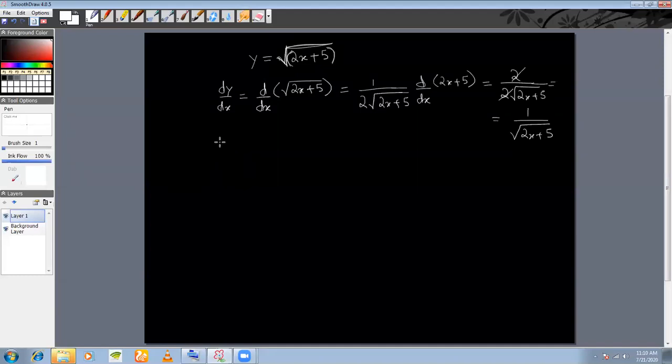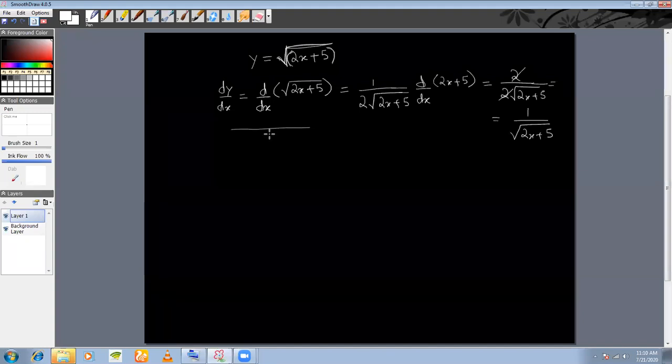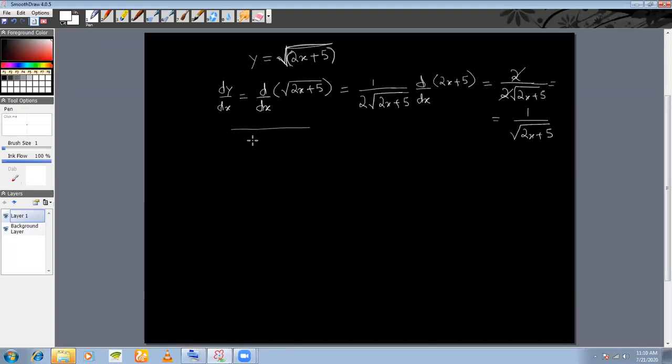Let's see how to do the same differentiation in a little bit of analytical manner, taking two different variables and working with them. So you have been given that y is equal to root over of 2x plus 5. So what I do is I take let u is equal to 2x plus 5, the expression under the radical I take as u. Therefore, y becomes y is equal to root u, right? And u is equal to 2x plus 5.